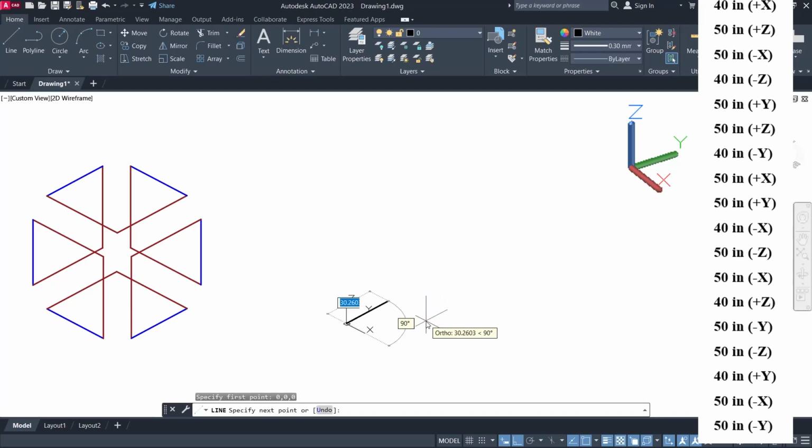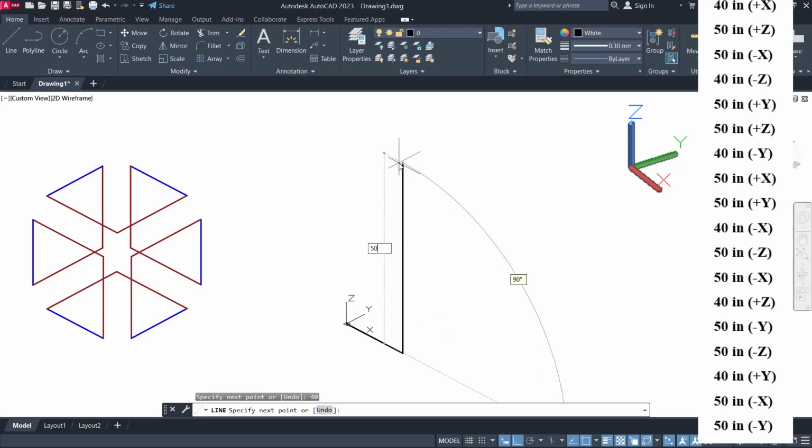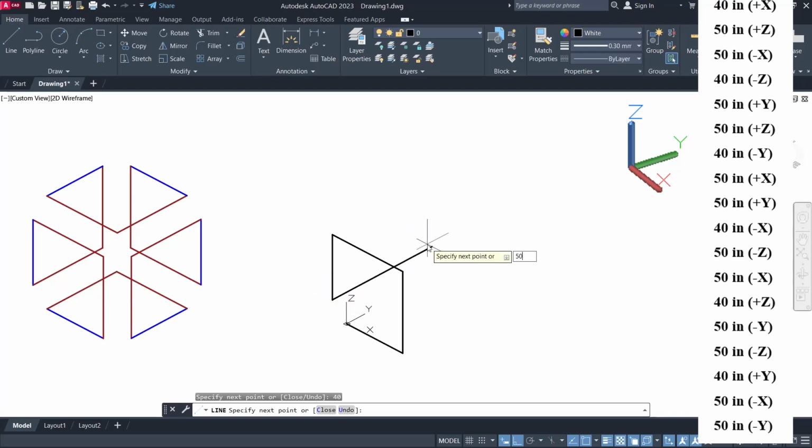Hit enter. Create the line 40 mm from the X, 50 in positive Z direction, 50 in negative X direction, 40 in negative Z direction, 50 in positive Y direction, 50 in positive Z direction, 40 in negative Y direction, 50 in positive X direction, 50 positive Y direction, 40 negative X direction,